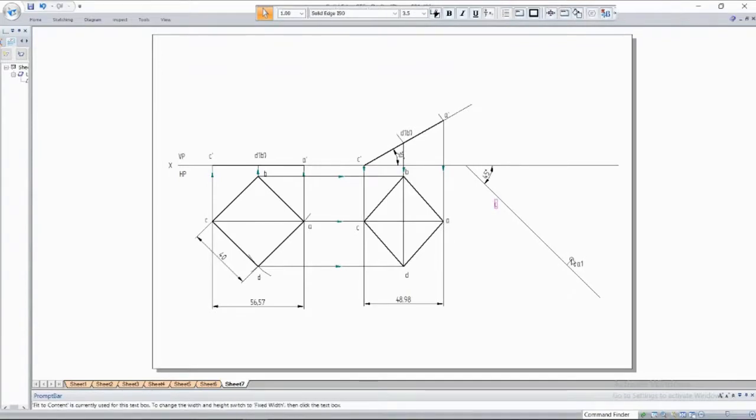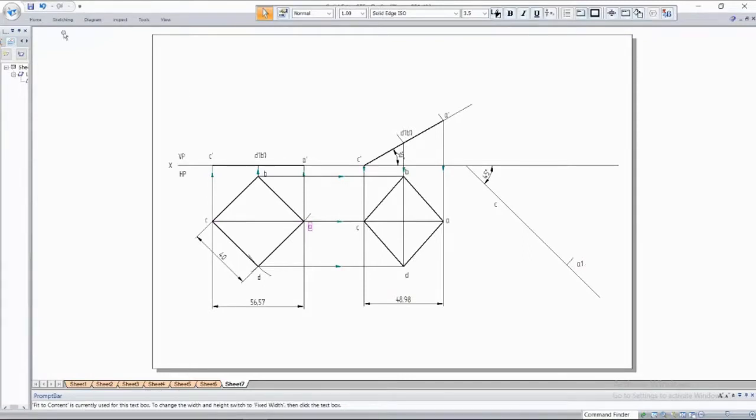What I've done is taken this true length of a diagonal and placed it at an angle of 45 degrees. Whenever they say it is inclined, this true length of a diagonal is inclined at 45 degrees. So first transfer this: use your compass, mark point C, and obtain this point A1.